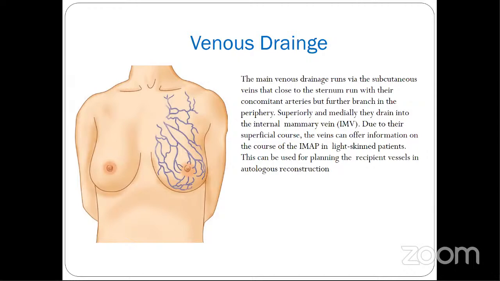Then about venous drainage of the breast. Main venous drainage of the breast runs via subcutaneous veins, as we can see here, and this subcutaneous vein is of medical or surgical importance, which we'll see later. So the main venous drainage will be via the subcutaneous vein that flows to the sternum here. So this is the main venous drainage,